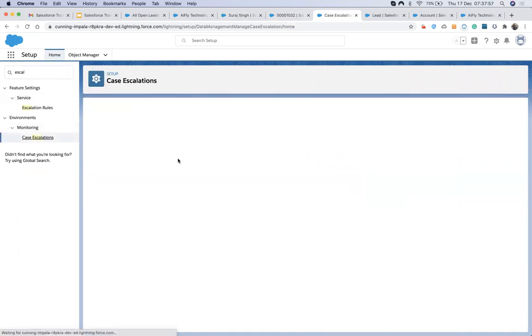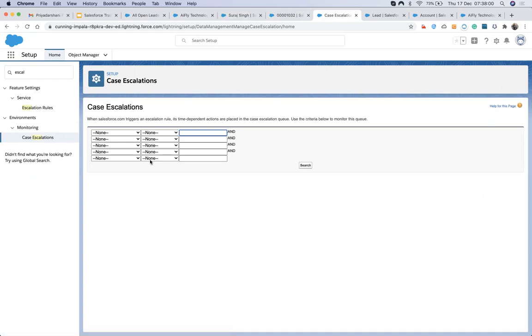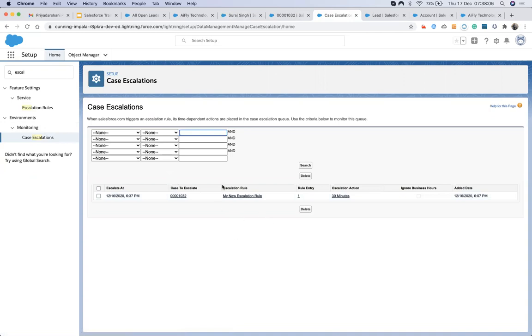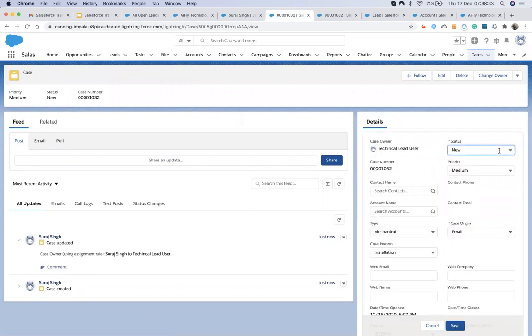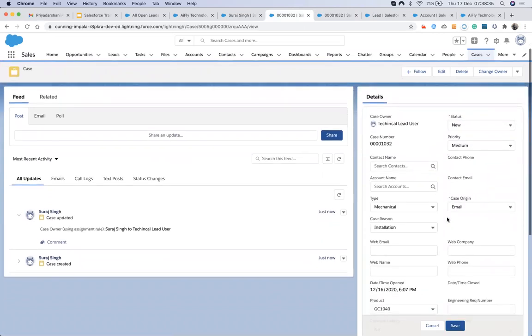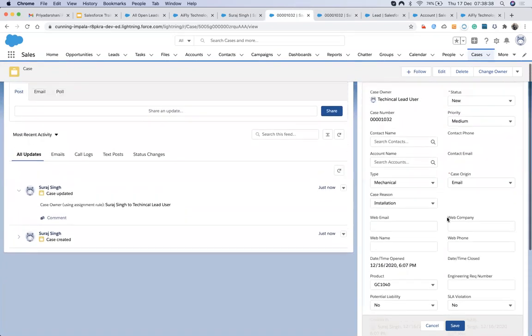Yeah, here you can find the case escalation monitoring. Searching for all. Yeah, one of the cases comes in, and escalation is after 30 minutes. So after 30 minutes it will become active, and it will transfer the case and cause it to escalate. You can see that this case is going to escalate after 30 minutes if it is not closed. If it is closed, we are talking about the status. There is a field called